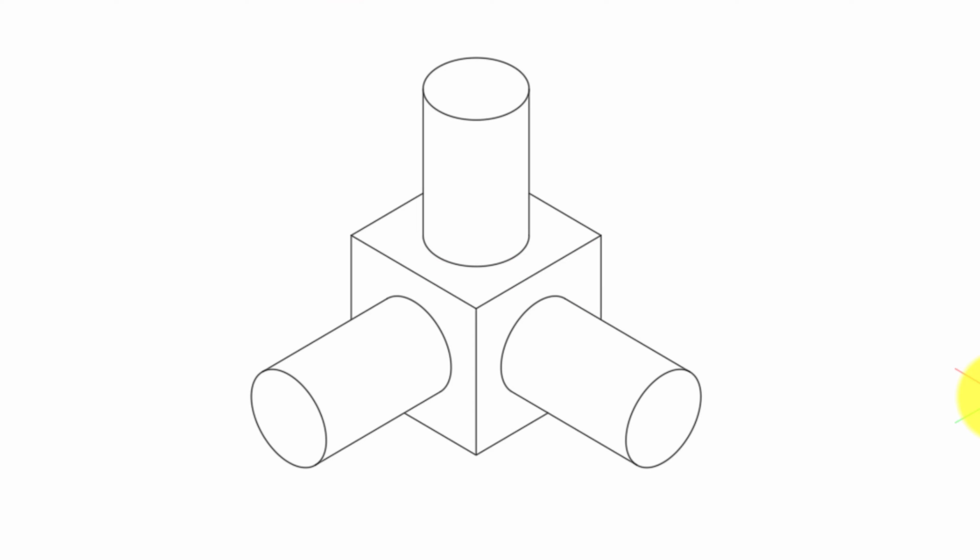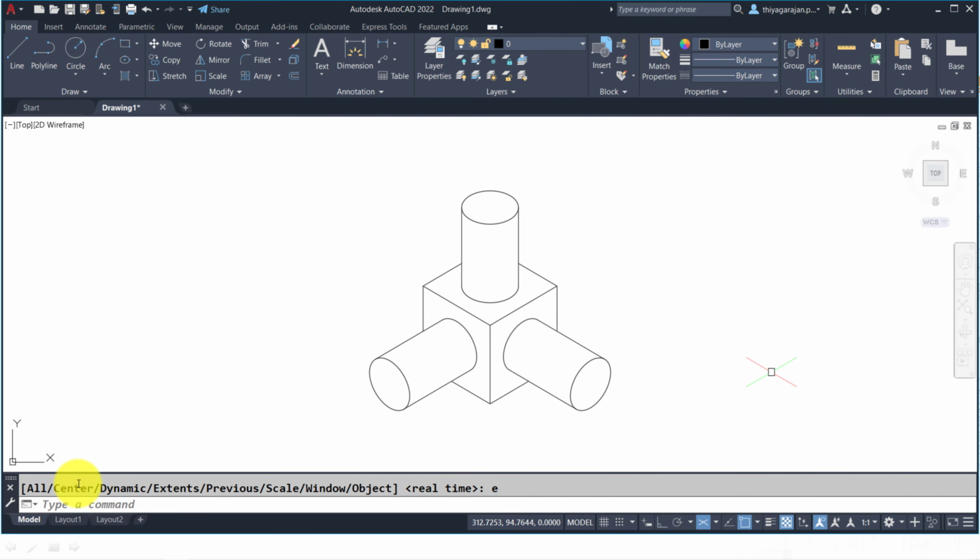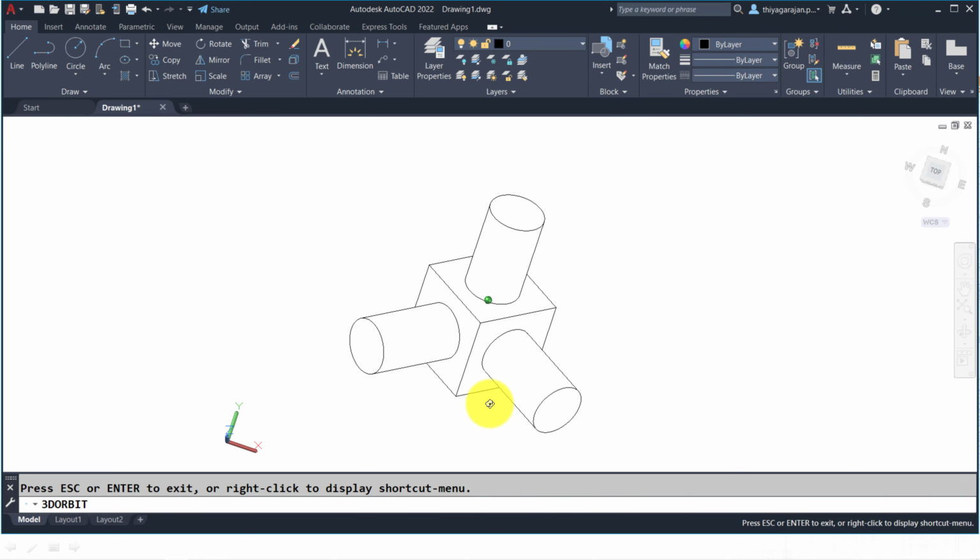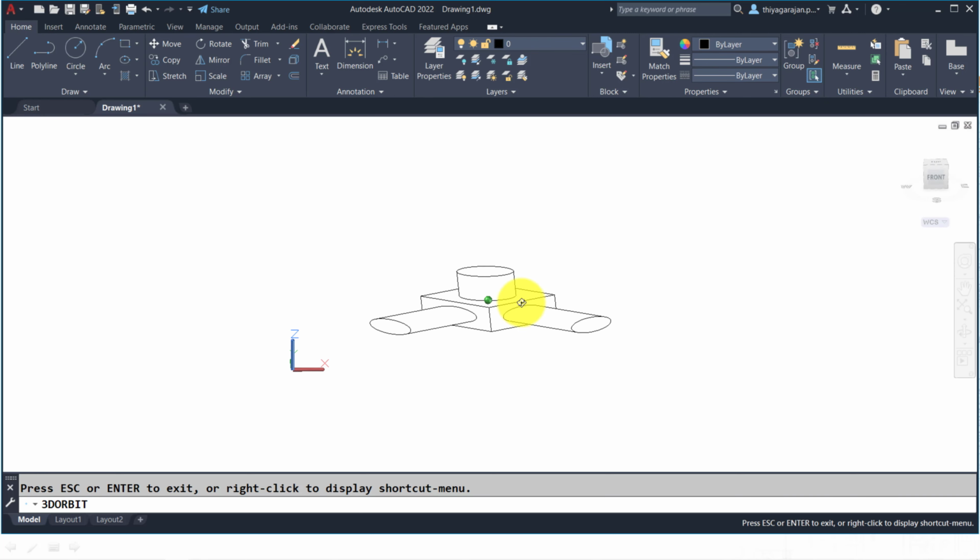You can see now an object having a cylinder rod on each face like this. It seems to be a three-dimensional object, but see here the cursor shows X and Y direction. That means it is isometric. In another way, I can show you. Just go to the 3D orbit. Okay. Just rotate this. This is only XY lines. You can see here, this is not 3-dimension. 3-dimension means in the Z direction you should have some volumes. You should have some faces. Okay. There is no face in the Z direction. Only X and Y. Okay.